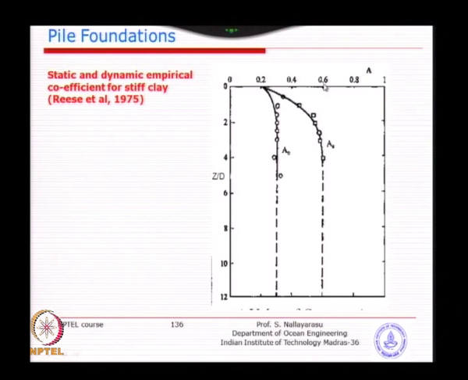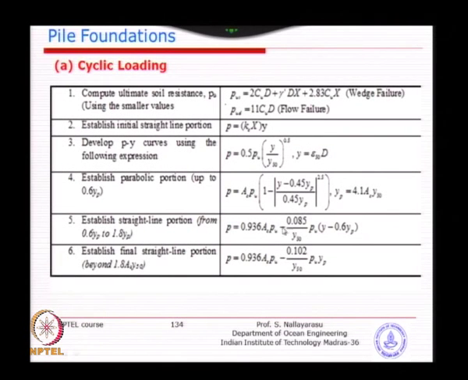A_s is the static value, which is almost 0.6 throughout the depth. Z by D is the normalized depth with respect to the seabed. As you go down, after 3 diameters, I would say the values of A_s and A_c have become constant. That means 0.6 for A_s and 0.3 for A_c, and this again reflects the idea that shallow depth is influenced by the movement of the pile and the soil gets remolded, and as you go deeper and deeper these values become constant, and those values could be easily substituted, because you can see here the strength value increases with depth.